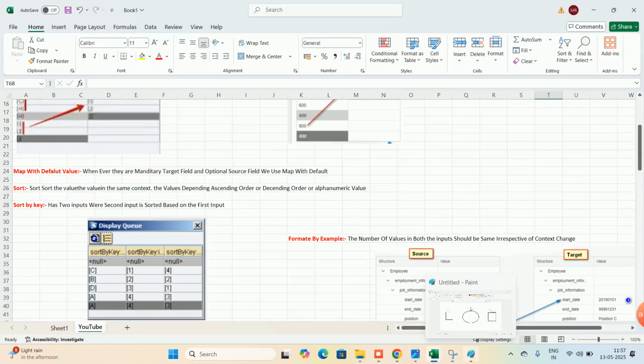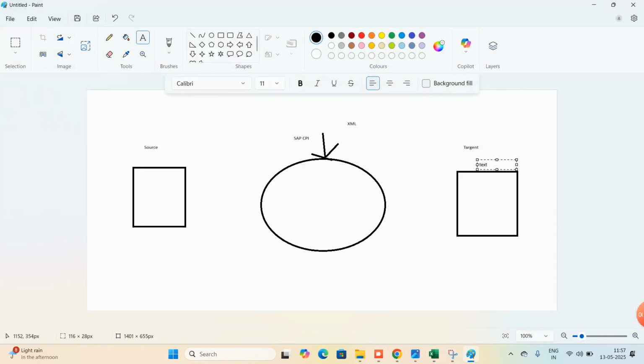It is expecting the target is mandatory. There are two: 0 is optional, 1 is mandatory. Zero is optional and 1 is mandatory.